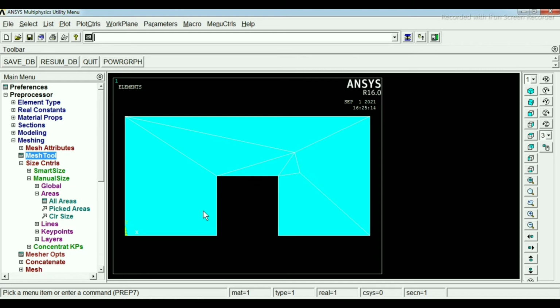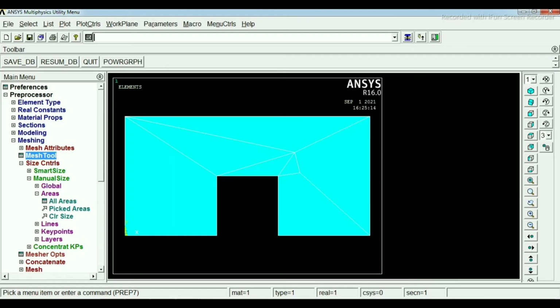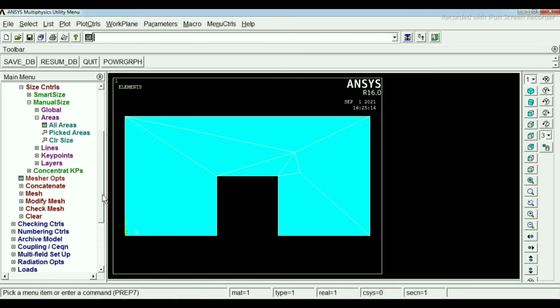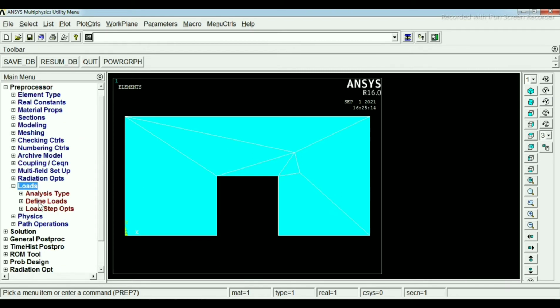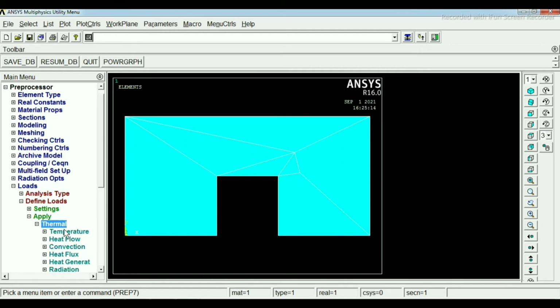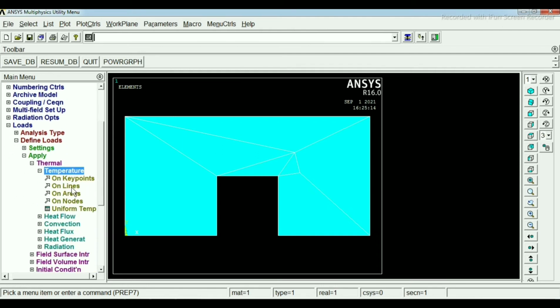Now we have to apply some loads, because 300 degrees Celsius temperature is passing through both of these walls. For giving the loads, click on load, then define loads, then apply, then thermal, then temperature, then click on lines.